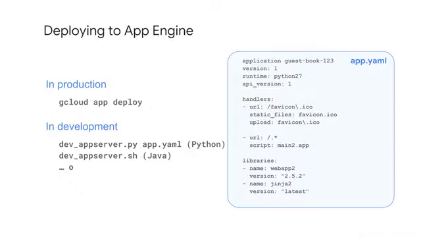You can deploy your webhook to App Engine by running the gcloud app deploy command. App Engine will find your app.yaml file for your service, read any additional parameters you set, such as version number, runtime, and service name, and deploy your application. To run your app locally before pushing it to production, you can run the dev_appserver.py command to test your Python app from Cloud Shell.